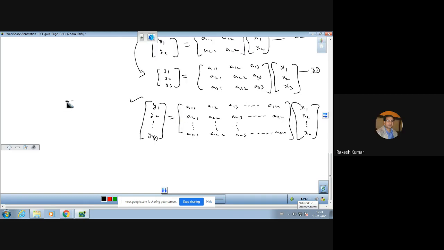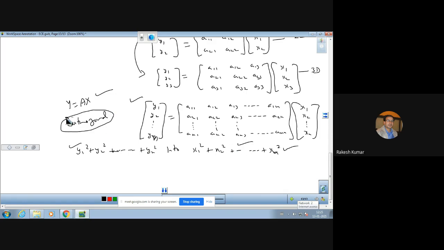Now this transformation y is equal to Ax is said to be an orthogonal transformation if it transforms y1 square plus y2 square plus so on yn square into x1 square plus x2 square plus so on xn square. तो अगर ये ट्रांसफॉर्मेशन इसको इसमें ट्रांसफॉर्म कर देता है तो हम कहेंगे दिस ट्रांसफॉर्मेशन इज एन ऑर्थोगोनल ट्रांसफॉर्मेशन। सो दिस इज द मीनिंग ऑफ ऑर्थोगोनल।